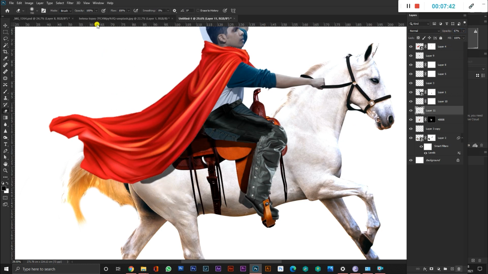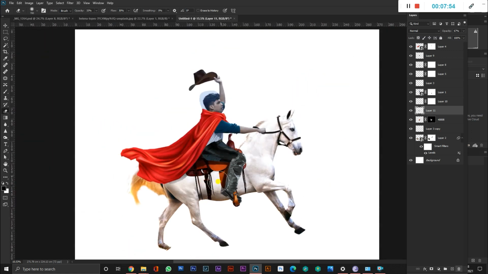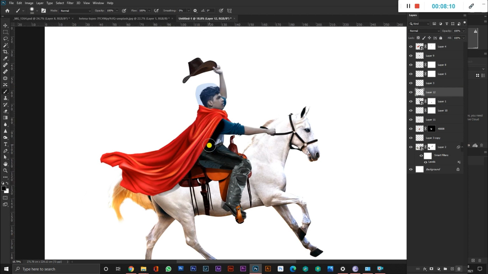Once you feel the shadow is too high, you can change it with the opacity. You can reduce the opacity to something around 50 or 40 or 30. And then you can use a smooth erase tool and slightly reduce the flow and the opacity of the erase tool, and then slightly erase it in the corners of the place where you placed the shadow. So this will give a proper meaning and a complete story that you are sitting on the horse.